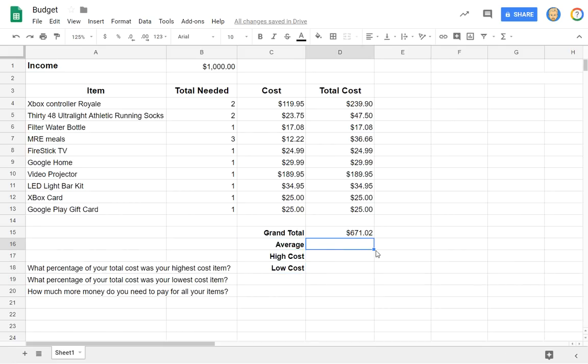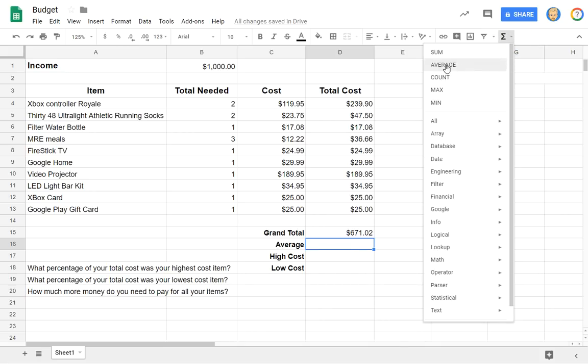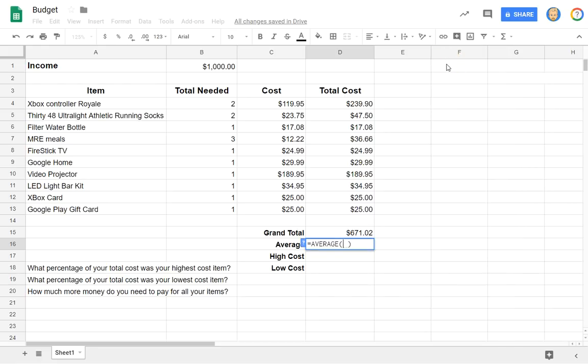For my average now, I'm going to do a function over here. Click where I want the answer to go. Click up here under my functions, and I'm going to choose average. Does the same thing where it pops in there. Now it wants to know, what do I want to find the average of? Now, once again, just like what I did for the grand total, I'm going to click and drag and select